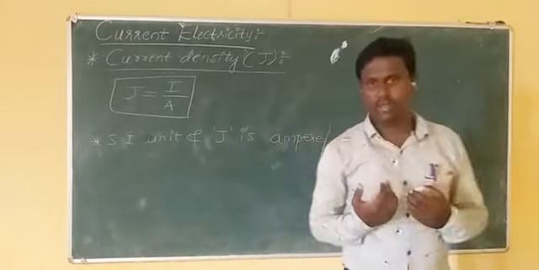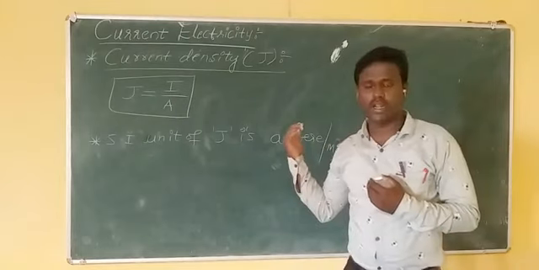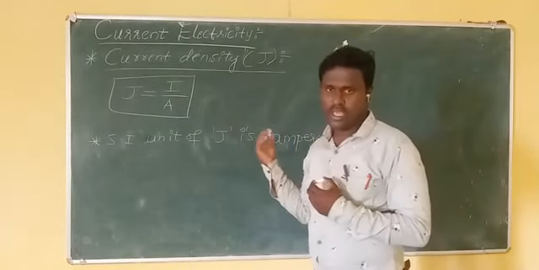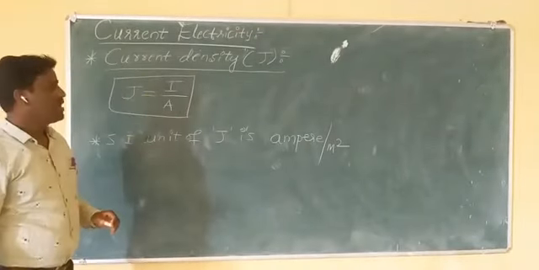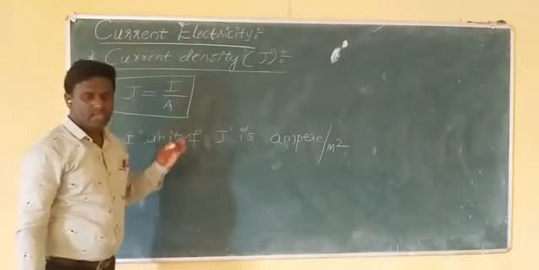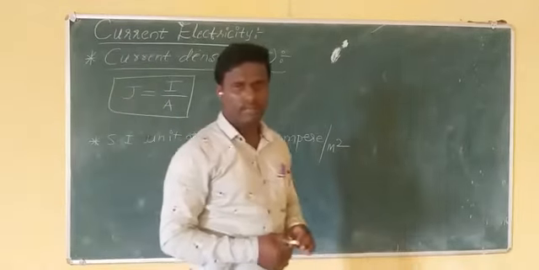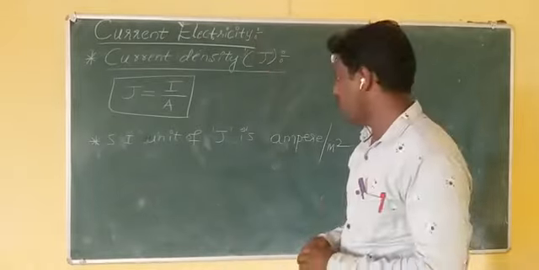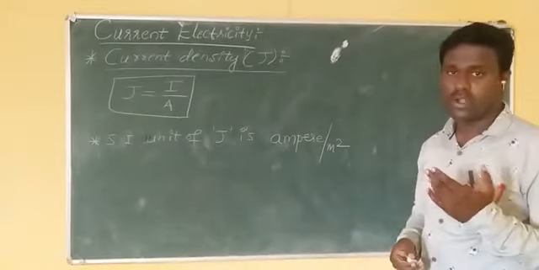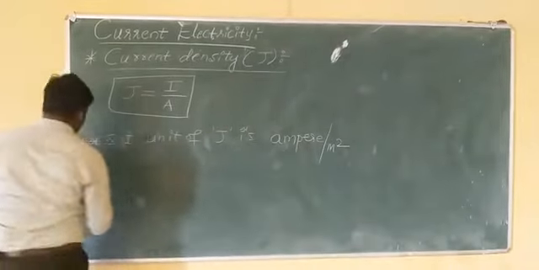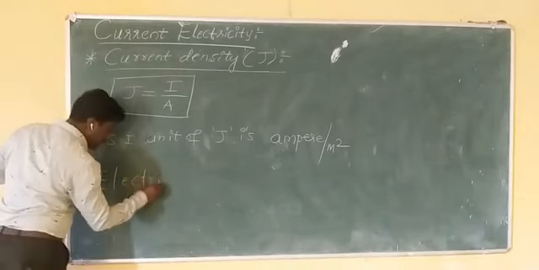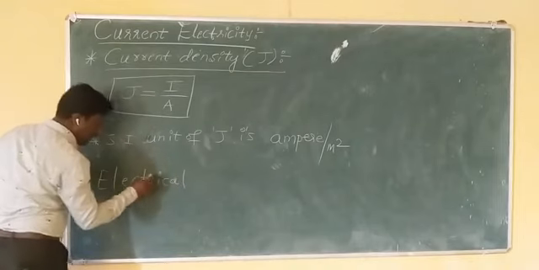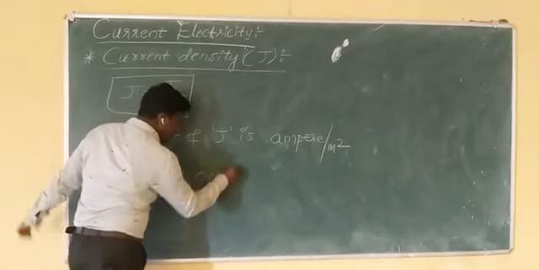Here current density means it is the amount of electric current flowing through a given area of the body. So it is defined as J equals to I by A. Remember, J equals to I by A, it gives current density J, right? And you learned sigma. What is sigma? Anybody? Sigma is electrical conductivity.